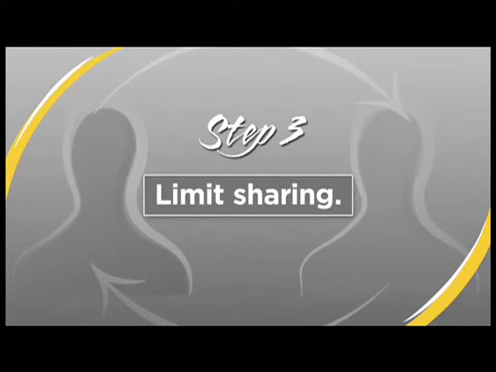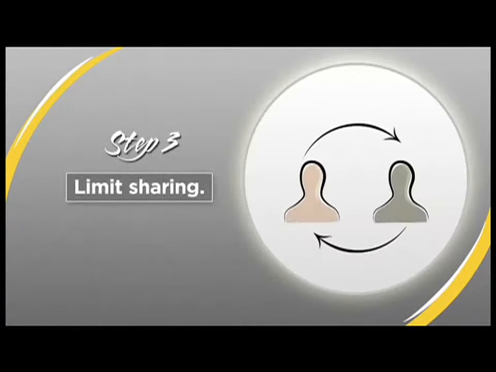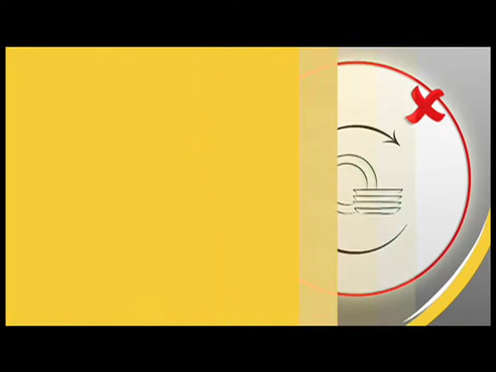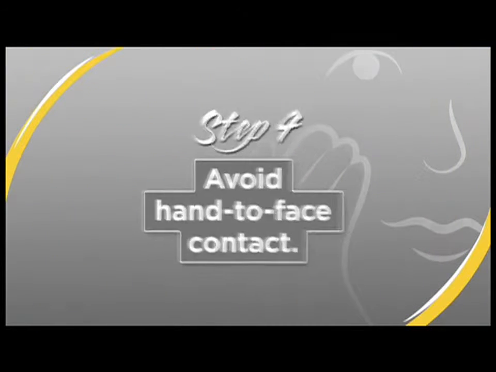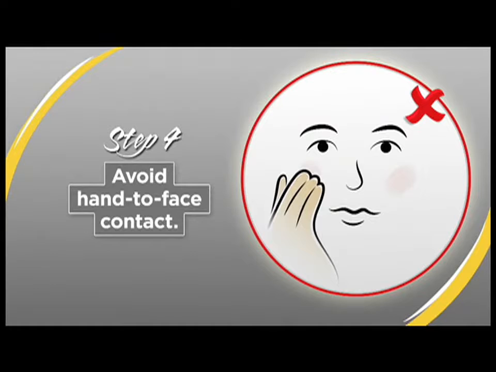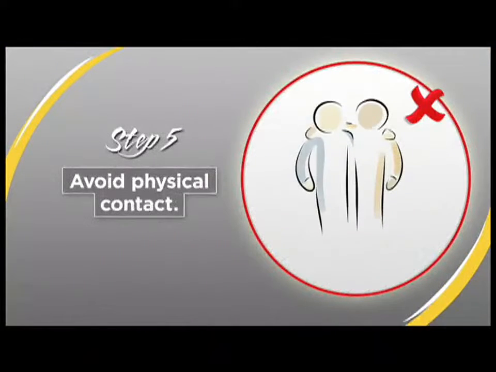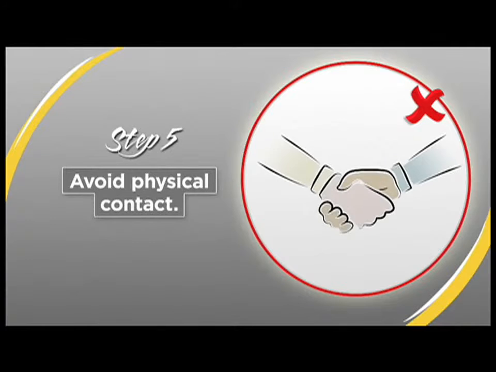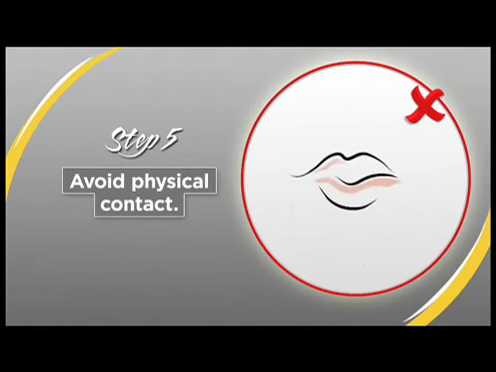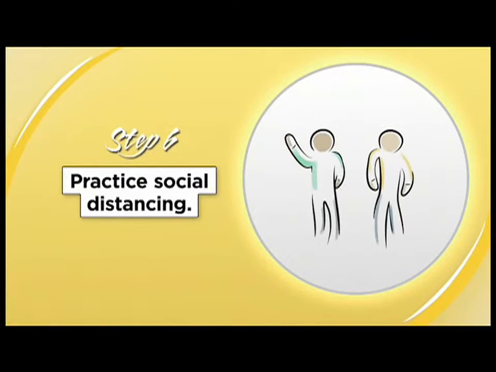To avoid spreading germs, limit sharing of personal items such as utensils, cups, and dishes. Your skin acts as a barrier to germs, but your eyes, nose, and mouth are more vulnerable. Wash your hands thoroughly before touching your face, eating, or drinking. Avoid physical contact with others, including handshakes, fist bumps, high fives, hugs, and kisses. Social distancing is deliberately increasing the physical